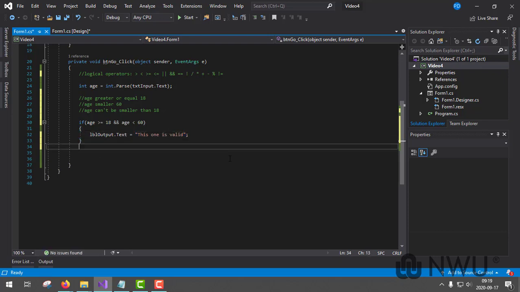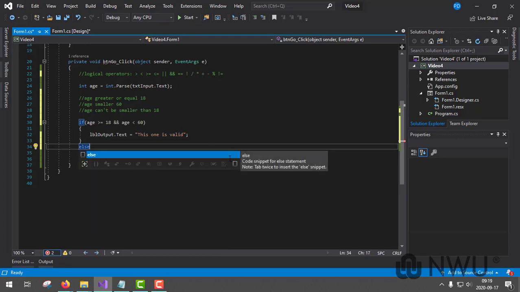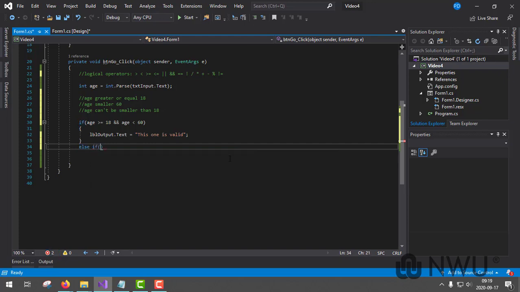but let's test for something else. So we can say else. Now we want to know if it's not valid, what is the age? Is the age too large or is the age too small? So here's where an else if comes in. So you can put an if right next to an else, and so it's not needed for you to go with the else and then an if inside that else as well, if you understand what I mean. So you can just say else if,